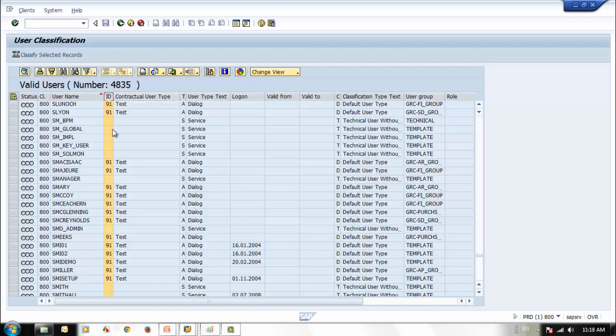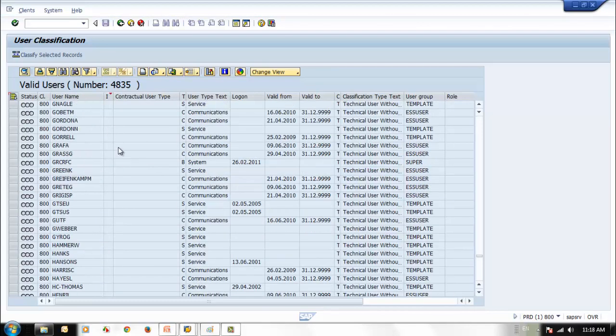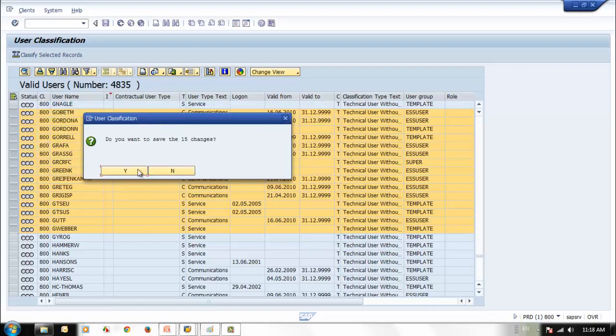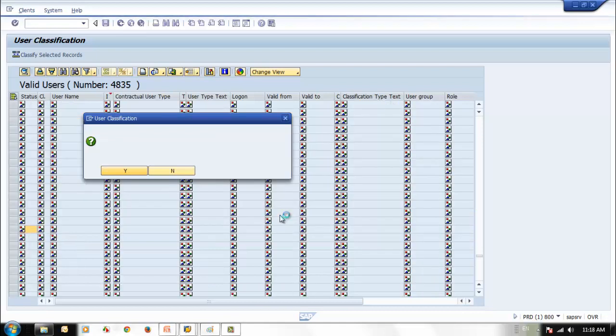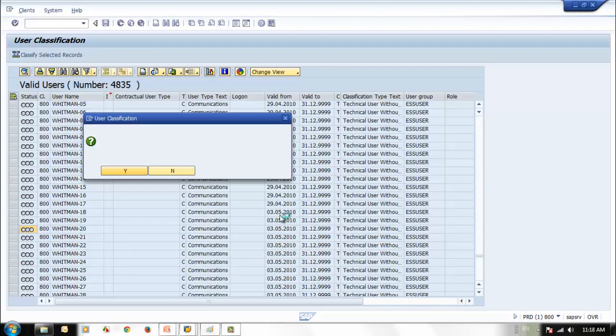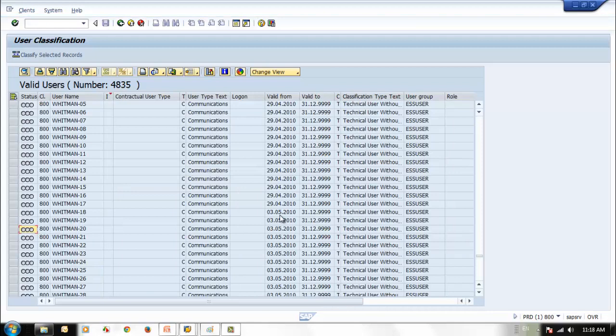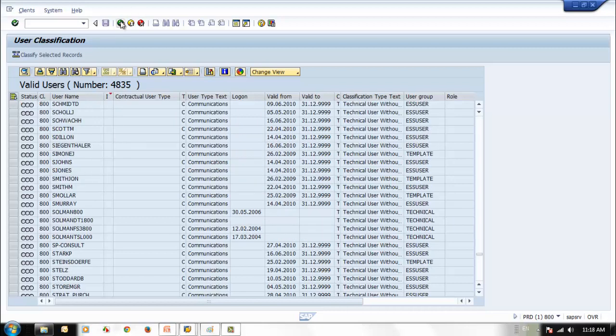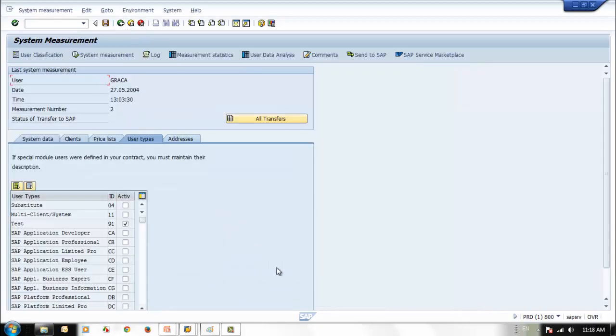Let's say you can sort it, for example, there are quite a lot of users which are not assigned to any license type. Then you select which is blank, select whatever you want, then say classify, say it's an end user, select. This will be changed. Yeah, this is changed and gone back to the sorting list. Okay, this is USMM. Then if you run this system measurement, it will run the system measurement report and